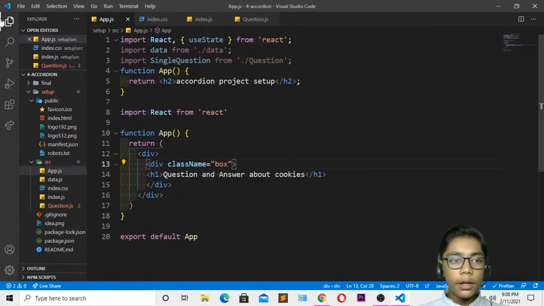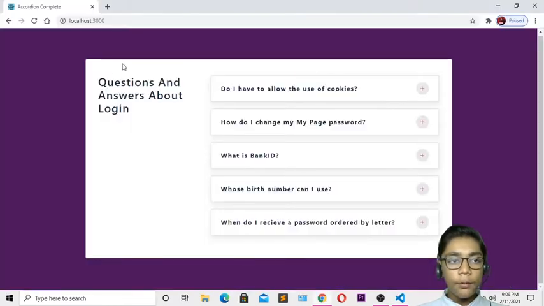I will be hitting save, and if I show you in Google Chrome, it will be looking really cool. So go to Google Chrome again. You can see that we are getting all the things which we want. Hit refresh, so you can see that. Over here we are getting a background of purple color, and the box we are also getting in white color, but we are not getting any box shadow. But in this box, which has a good width over here, it is having a box shadow over here. You can see every box is having a box shadow.